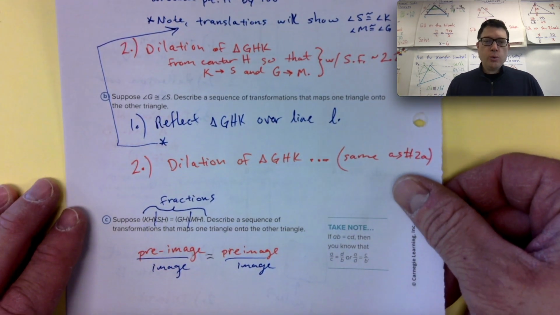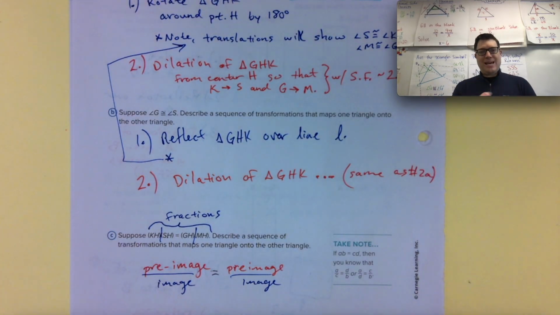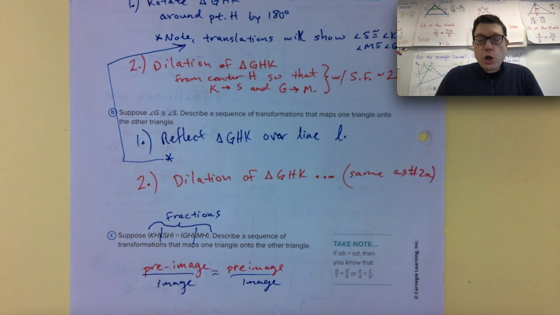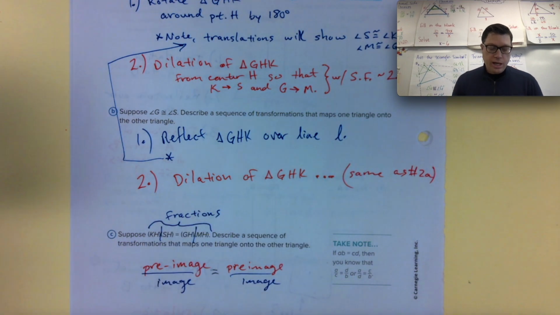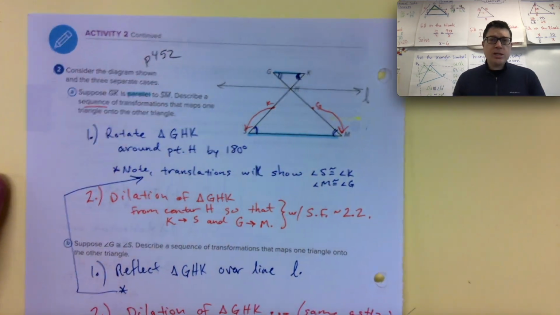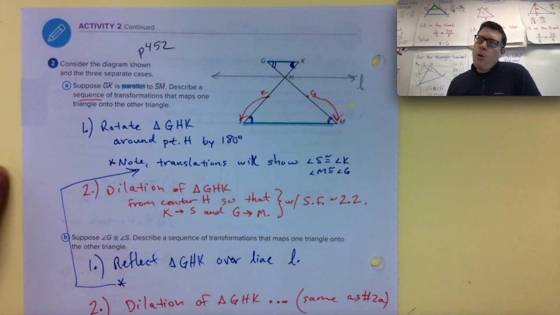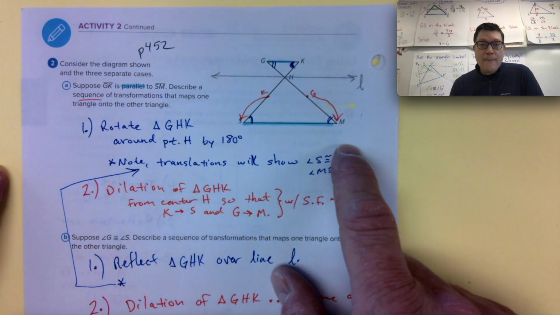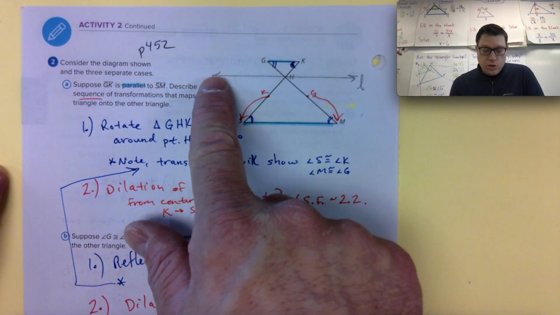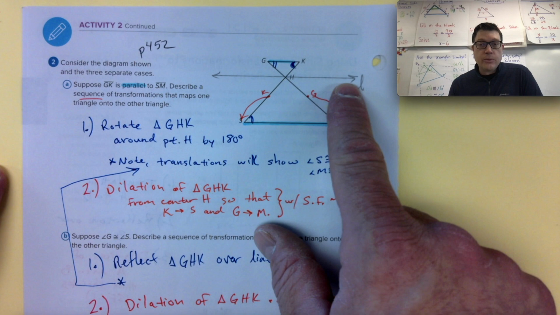In part 2, we're going to say, what if we knew instead that angle G is congruent to angle S, and we want to describe a sequence of transformations that maps one triangle onto the other. When I looked at that one, I was legit confused for a minute, thinking, how am I going to get angle G and angle S to match when in the first question it was G and M that matched? And then I realized if I draw this flat line called an auxiliary line,